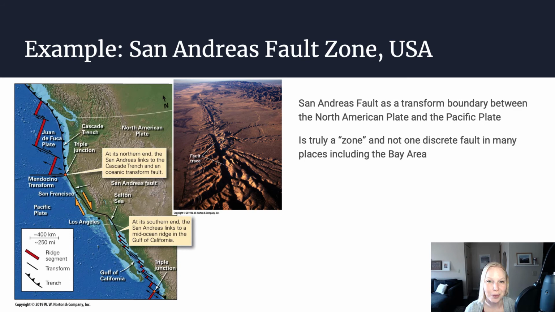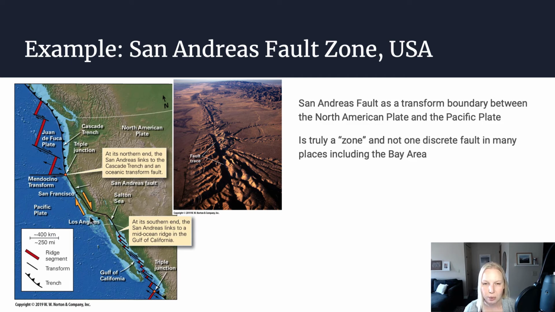One other area where you might know that a transform boundary exists is the San Andreas fault zone here in California. The San Andreas starts where the subduction between the Juan de Fuca plate and the North American plate ends at what we call the Mendocino Triple Junction. So this is a place where the three plates actually meet. The Juan de Fuca plate, the North American plate, and the Pacific plate all meet at the Mendocino Triple Junction. The San Andreas fault zone runs through pretty much all of California,